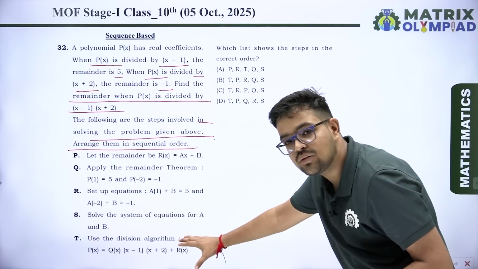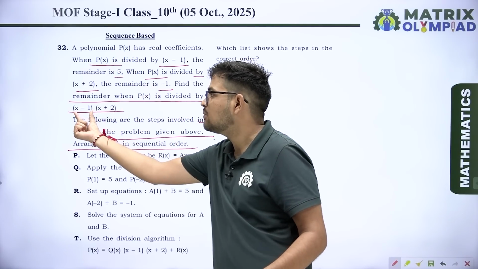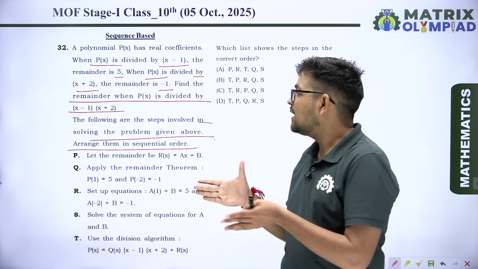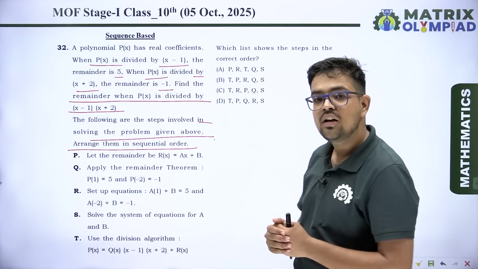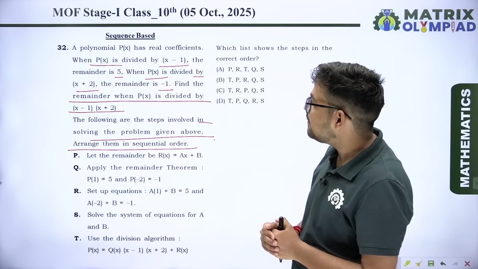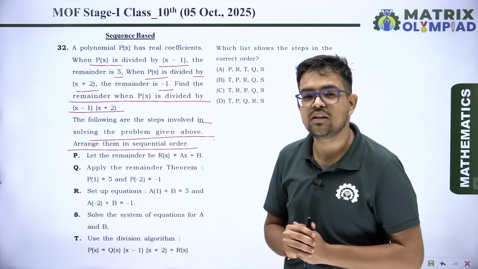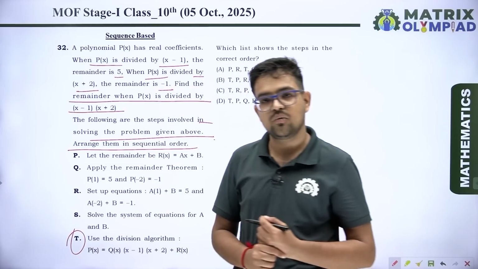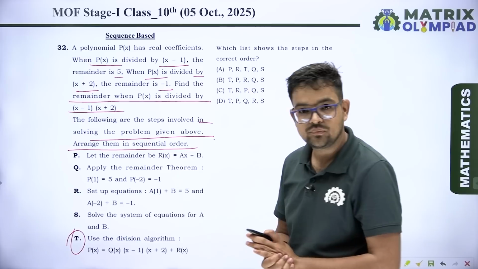ये आपके पास में steps हैं। जब same polynomial p(x) को (x minus 1)(x plus 2) से divide किया जाता है, तो remainder निकालने के लिए जो steps हैं, हमको उनको arrange करना है। तो सबसे पहले आपको division algorithm लगानी पड़ेगी, क्योंकि remainder निकालने का यही तरीका है। तो पहला step हो गया T।